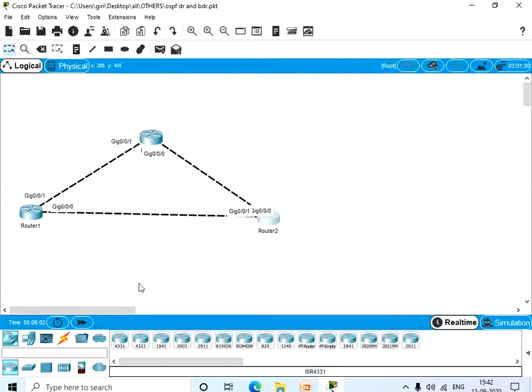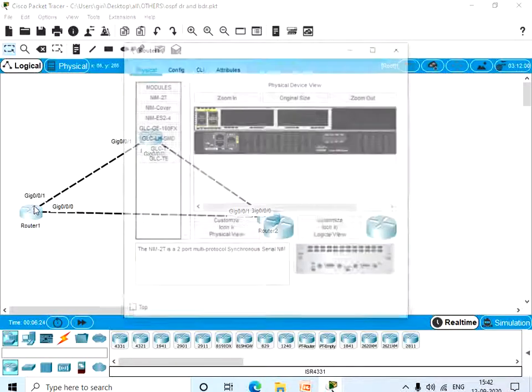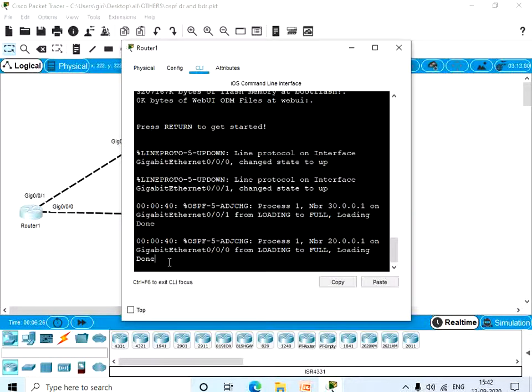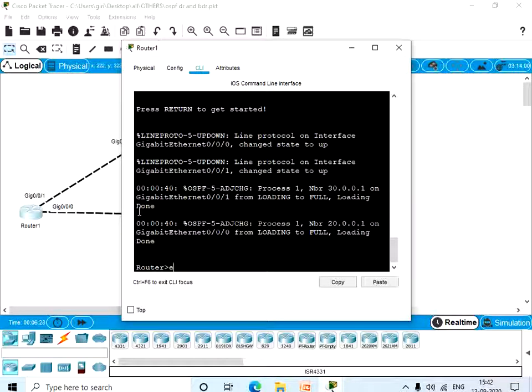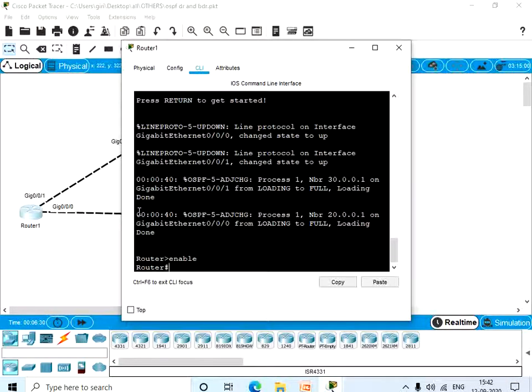Gigabit 0/0/1 of router 2 is connected to router 3 and gigabit 0/0/0 of router 3 is connected to router 2. Gigabit 0/0/1 of router 3 is connected to router 1's gigabit 0/0/1. It is already configured with the IP addresses. So let me show you.